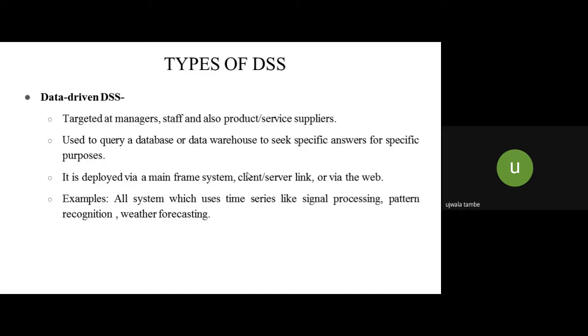For example, all the systems which use time series, like signal processing, pattern recognition, weather forecasting data, use the data driven DSS. Just keep in mind that whenever we are taking a decision considering time series data, it goes under the data driven DSS, because we know that the data of weather forecasting changes second by second.